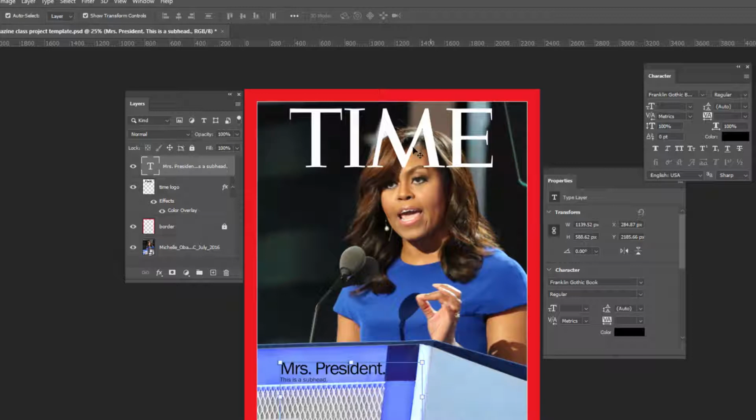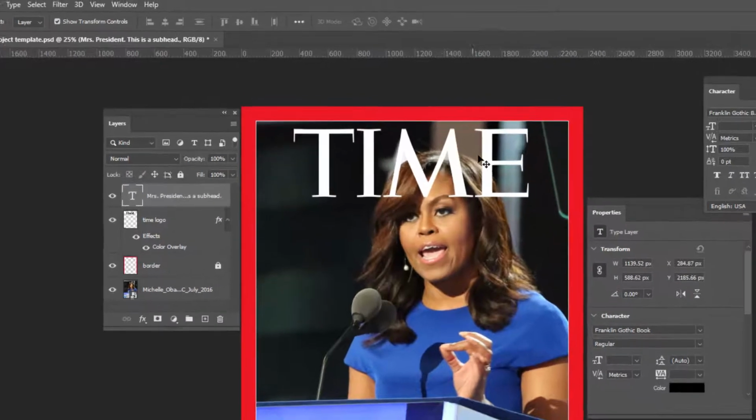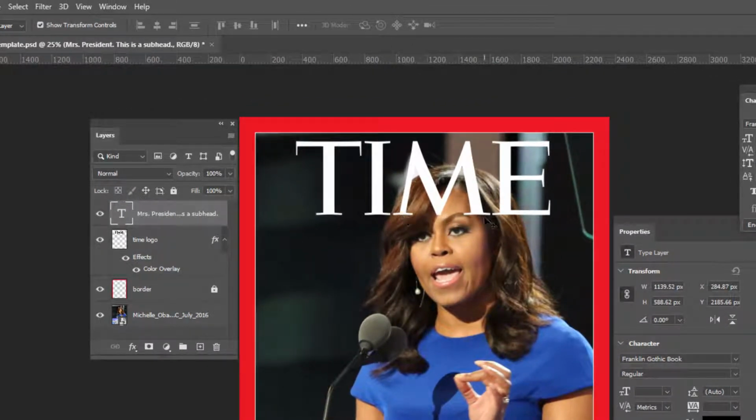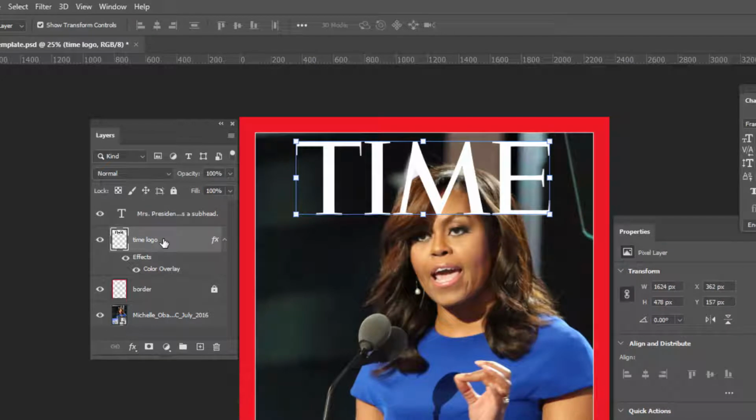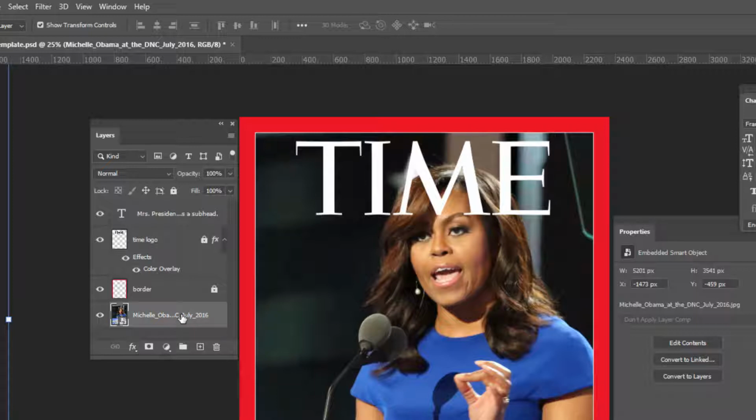us to cut out pixels. So what we're going to do is we're actually going to go in, and we're going to cut out a piece of the head so that we can create the effect that the logo is behind her head but in front of the background. So what we need to do is we need to go to the Time logo and we need to lock that. We don't want anything to happen to that. And now we're going to go on to the image,